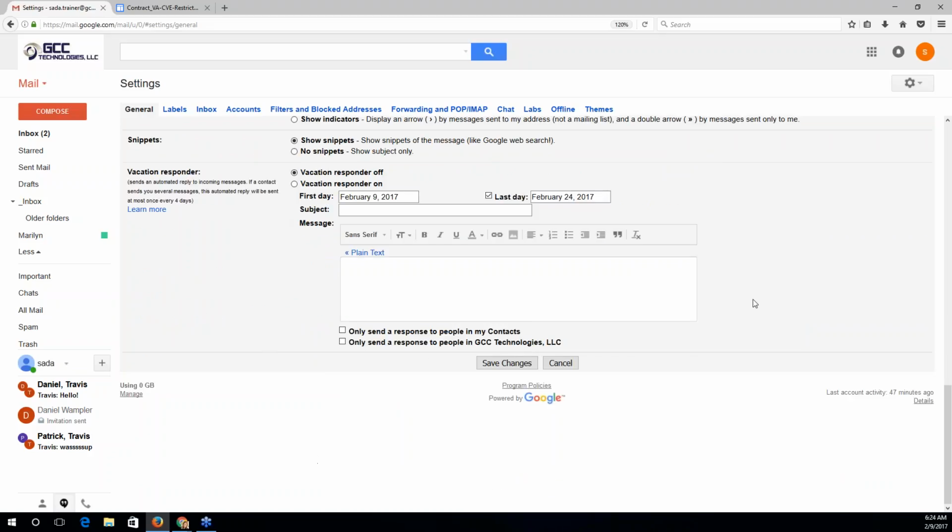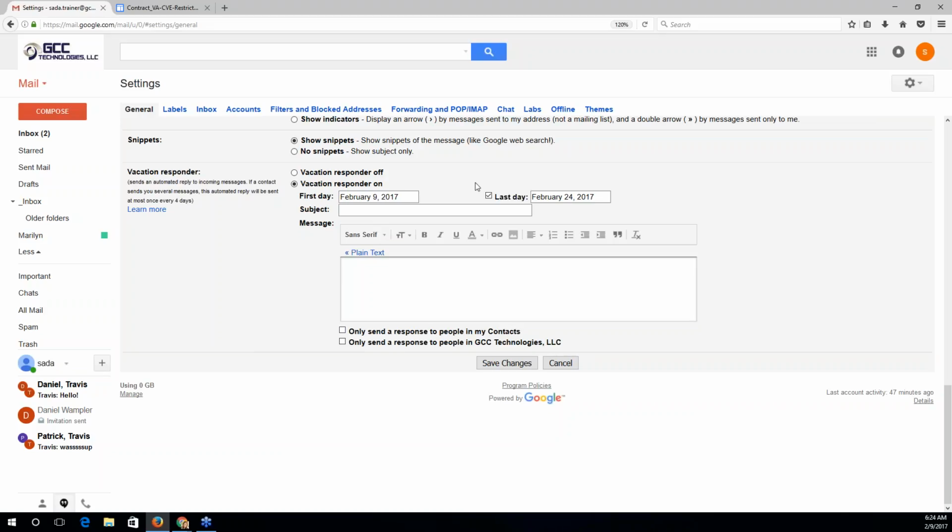At the very bottom of the general settings area, this is where you can find Google's version of Out of Office. And in Google, this is called Vacation Responder, as you can see. Now, like in Outlook, it's really simple to turn on and off, so I can turn this on, set the dates when I'll be out of office, and then include my message.